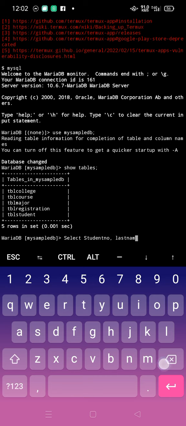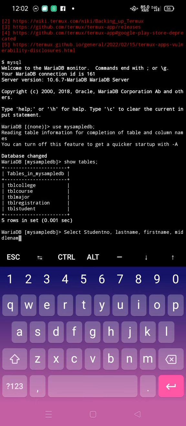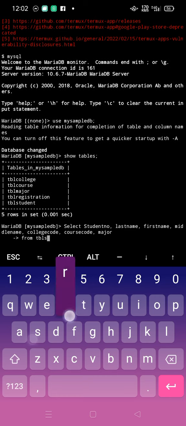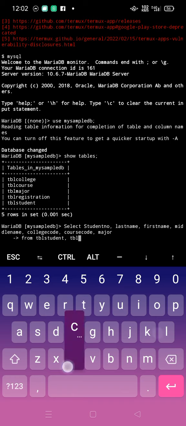last name, first name, middle name, college code, course code, major, then from TVL student, TVL college, TVL student, TVL college, TVL course, TVL major,